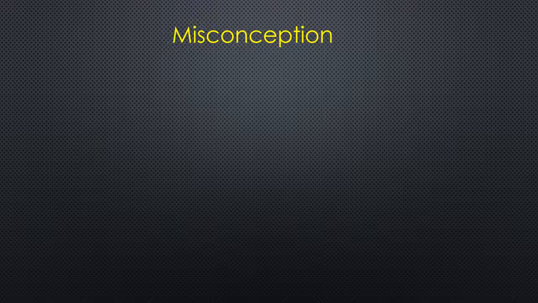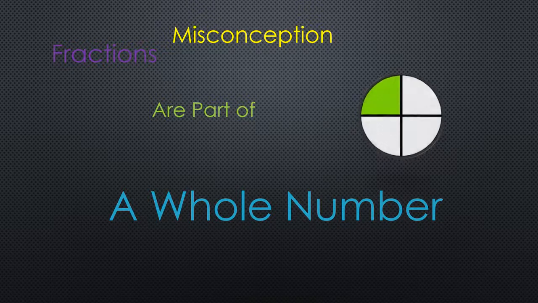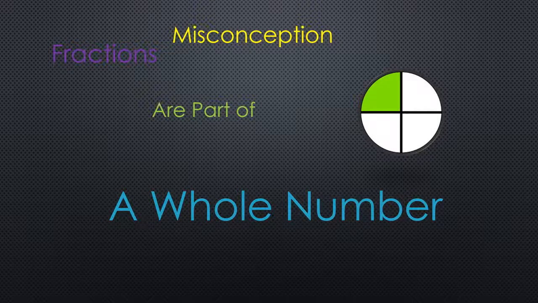There are a lot of misconceptions when it comes to fractions. The biggest thing that kids have trouble understanding is actually that fractions are a number. They're just a number between whole numbers. Like we had this before, here is our circle. This is the whole, or whole number, and here it again is divided into 4 equal parts. So we have a quarter, a quarter, a quarter, and another quarter. So all 4 of these equal 1. That equals our whole number or shape or object or whatever we are